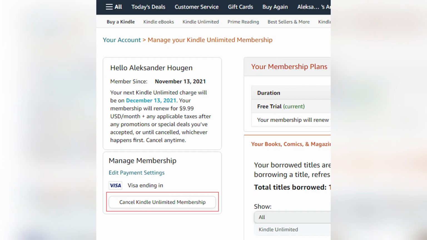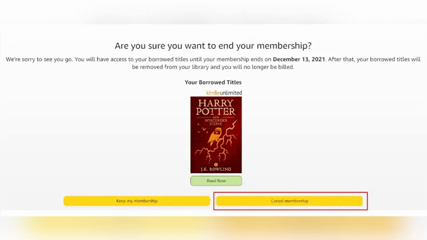Amazon will show the list of books you've borrowed. If you're sure, just click Cancel Membership to finalize. Your subscription remains active until your current billing cycle ends, and after that, you lose access to any borrowed Kindle Unlimited books. And that's it,